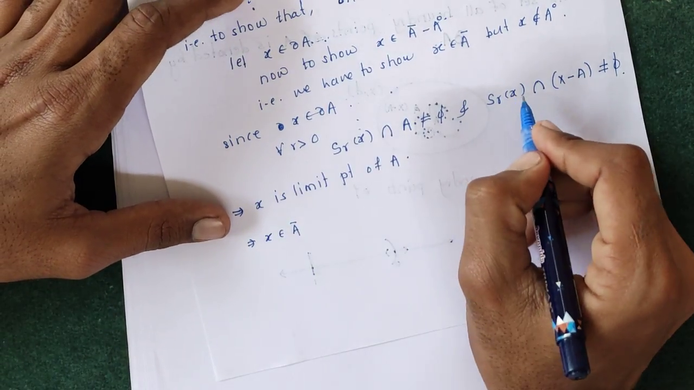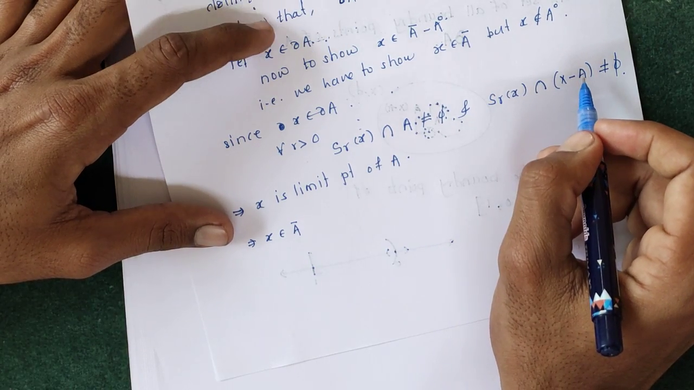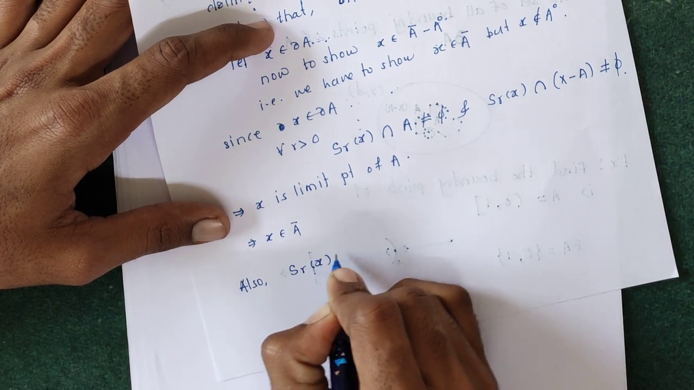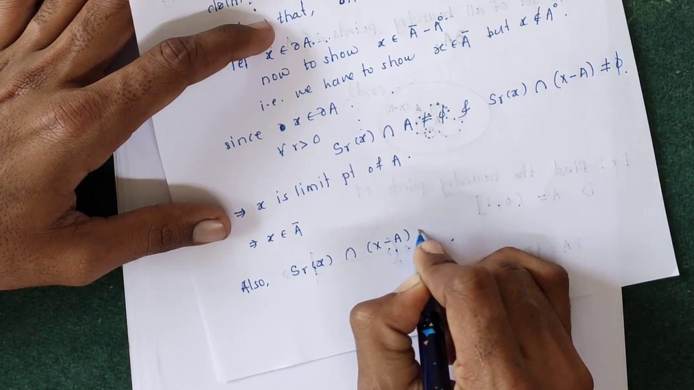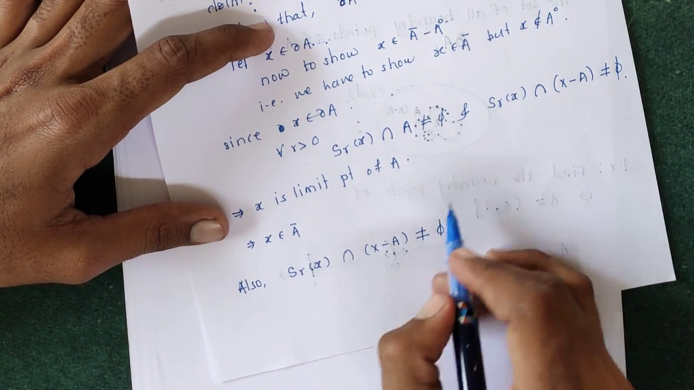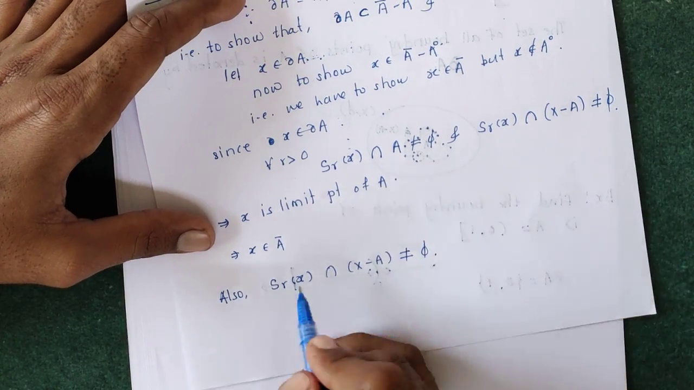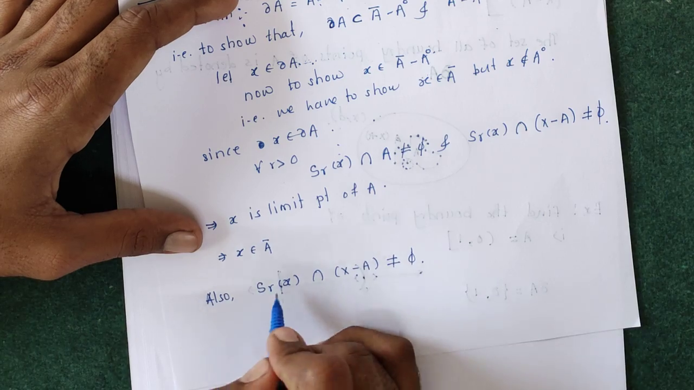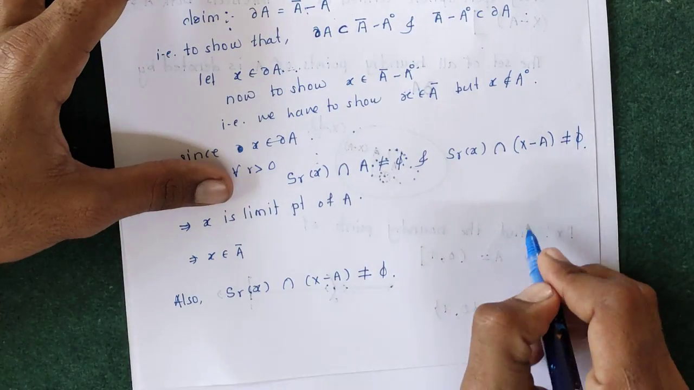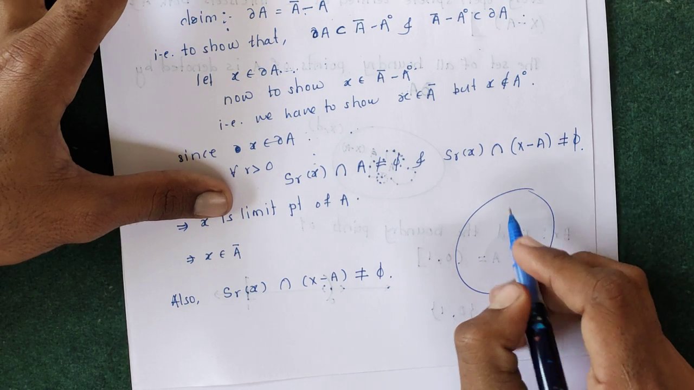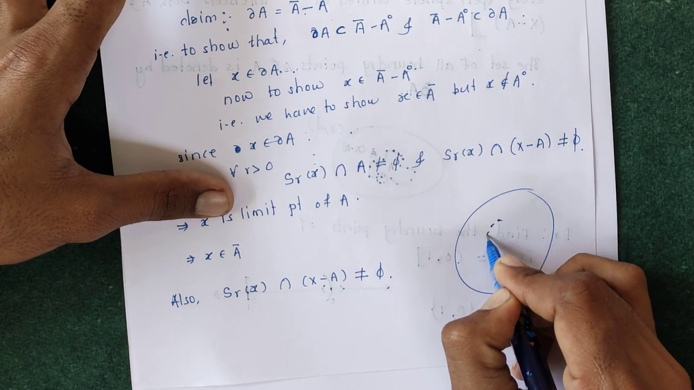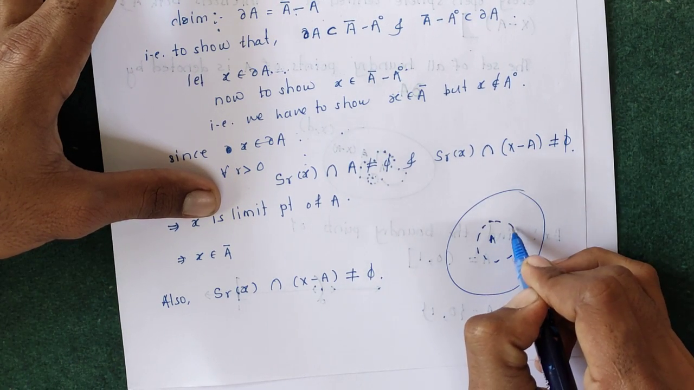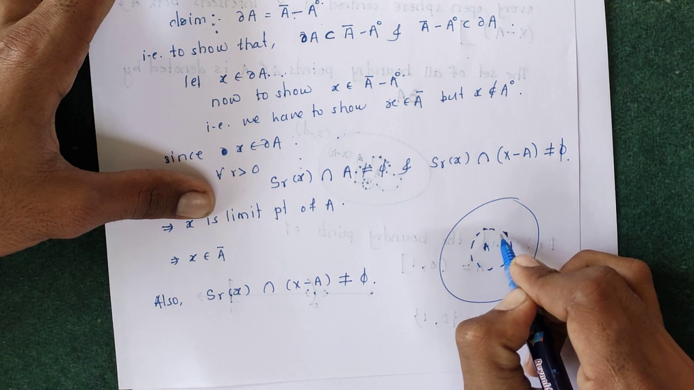Also, we have S_R(x) intersection with X minus A is non-empty. S_R(x) intersection with X minus A being non-empty means this open sphere does not totally lie inside A. If we draw this diagram here, suppose this is the metric space (X, d), and suppose this set is A. Now if we take the boundary point x and draw the open sphere,